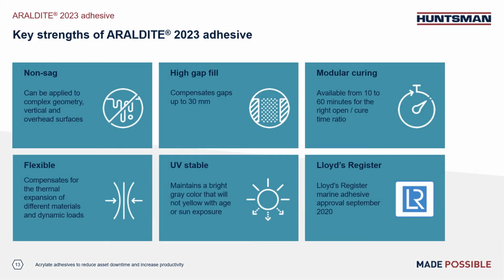The second adhesive I would like to introduce is our most recent incorporation to our portfolio, which by the way has already some proven applications within the wind industry. This is the ARALDITE 2023. The ARALDITE 2023 key strengths I would like to emphasize are: it's a non-sagging adhesive, can be applied to complex geometry, vertical and overhead surfaces, has high gap fill capabilities, compensating gaps up to 30 millimeters, a modular curing, available